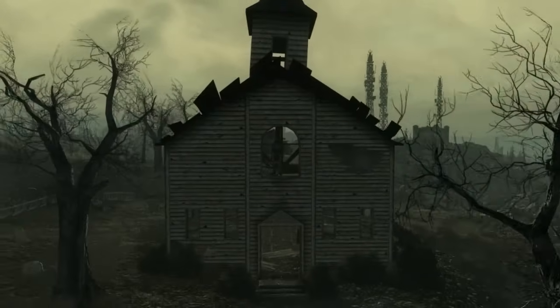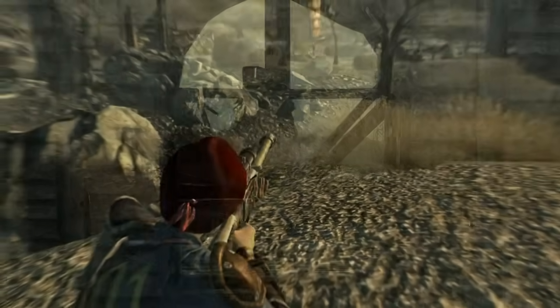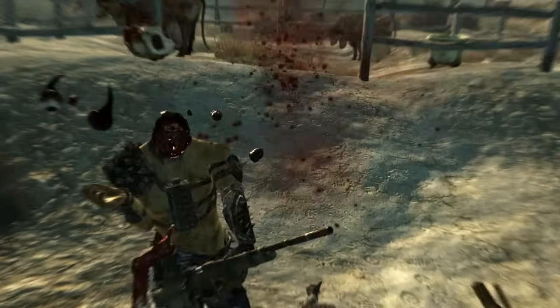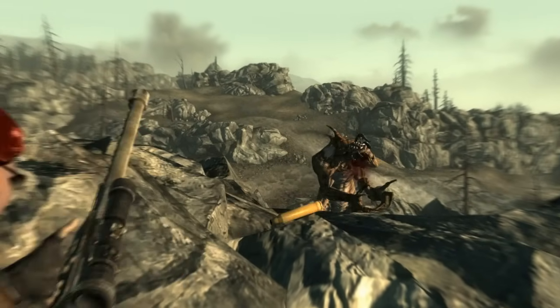Just try not to take cover behind a car. The unique part about this sniper rifle is that its magazine has been decreased from 5 to 3. However, its fire rate has been increased by about 50%, and the AP costs in VATS have also been reduced. If you have no problem reloading constantly, this gun can give you some enjoyment at any range, as well as